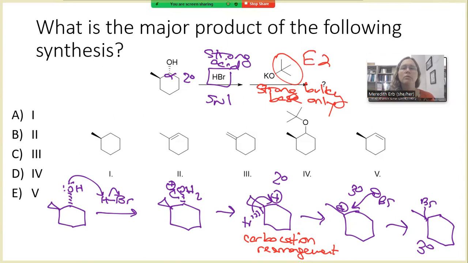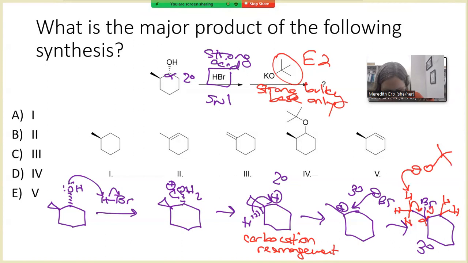With E2, whenever you have a big bulky base, there is the opportunity for the Hofmann product to be favored over the Zaitsev product. So if we take a look at our tertiary alkyl halide that's going to be reacting with the tert-butoxide, we have two different sets of hydrogens to choose from. The more accessible hydrogens are the ones that the big bulky base takes off. If we bring in tert-butoxide, it's going to go for one of these more accessible hydrogens and kick it off. And so the major product of this reaction is going to be molecule number 3,